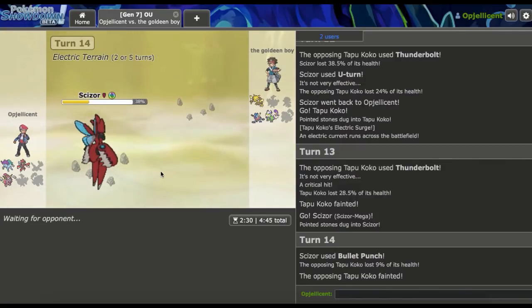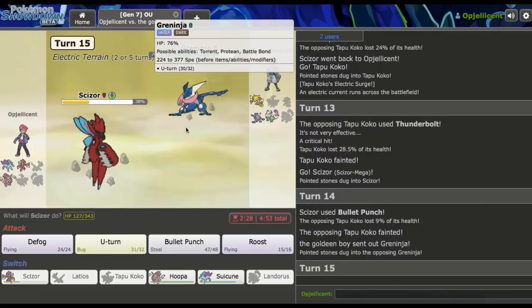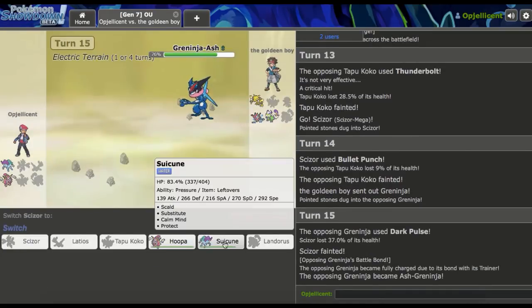Because that thing still did work. Actually, doesn't my Suicune kind of win? Since that thing just went down. That's probably what I should have Bullet Punched the first time, just hoping to knock that out. But I guess Alakazam is still a problem. Out comes Gren. I'll just U-turn. Goes right for Dark Pulse, and